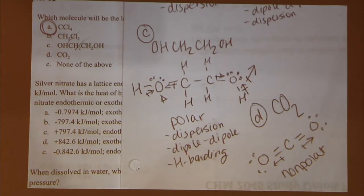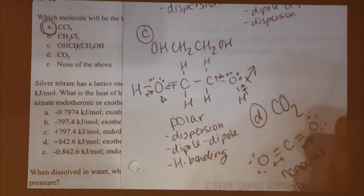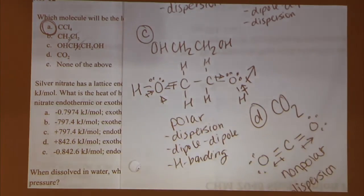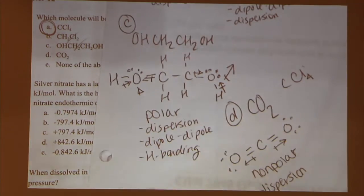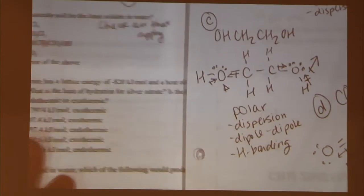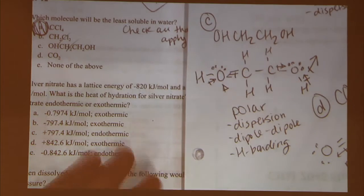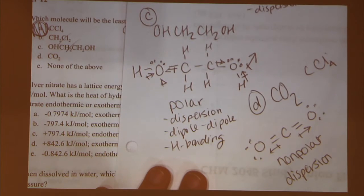With a nonpolar molecule, we have dispersion. So we kind of have a battle between A and D. CCl4. So I think when you're looking for, oh yeah, okay. Maybe I was good to go beforehand. Because we're looking for least soluble in water, so solubility is going to have to do with not just interactions, but also size and shape. So when we had CCl4,